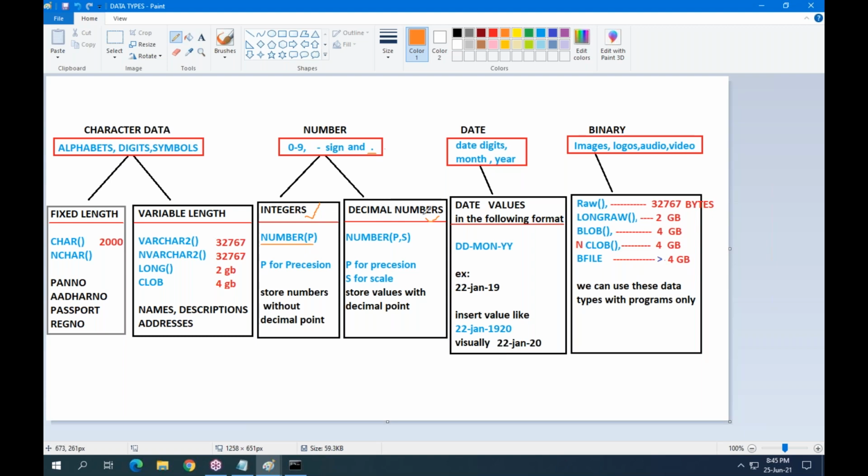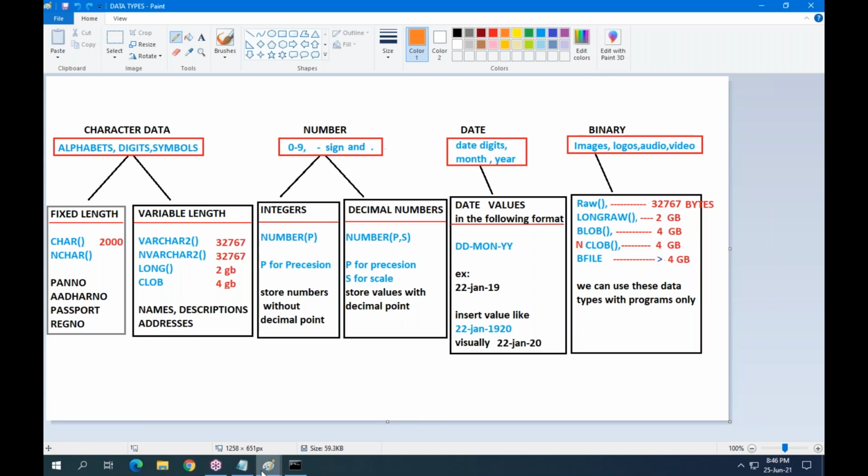To store decimal numbers, this is the data type name. Again, I'm repeating. Integer means without decimal point. So if you want to store rounded numbers without decimal point, use the data type number, with P within the brackets. P stands for precision. What is P? Precision means the maximum length of the value.